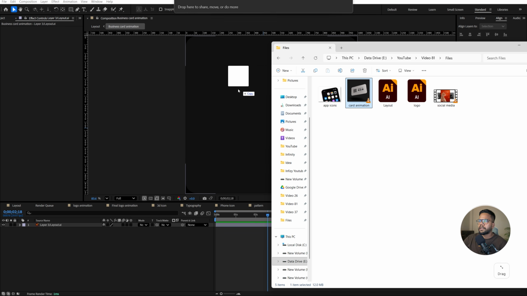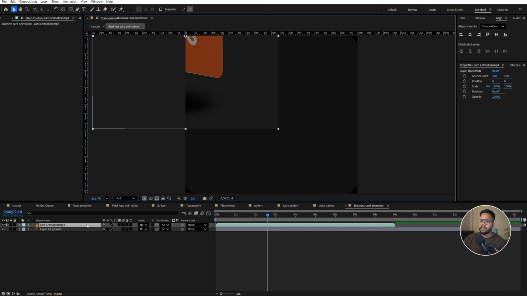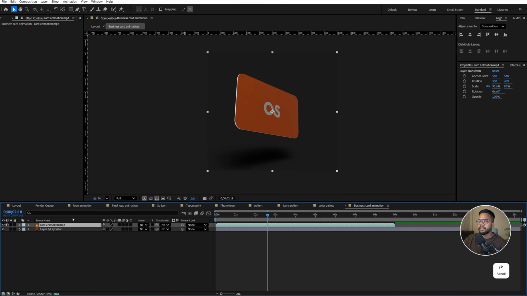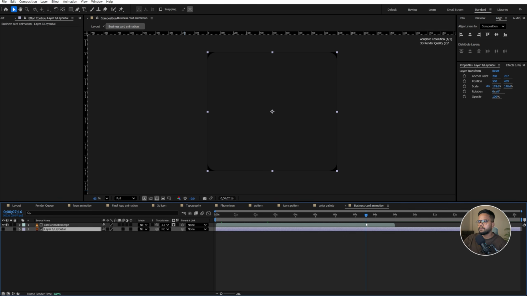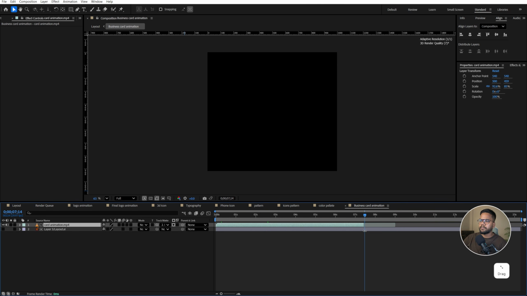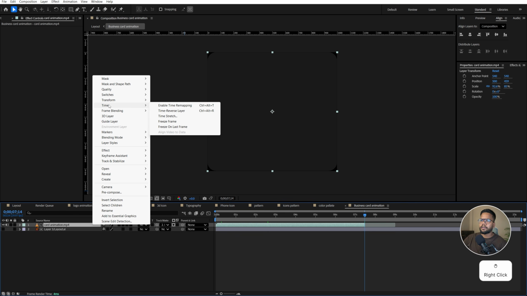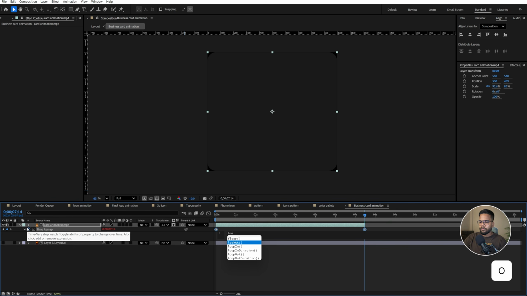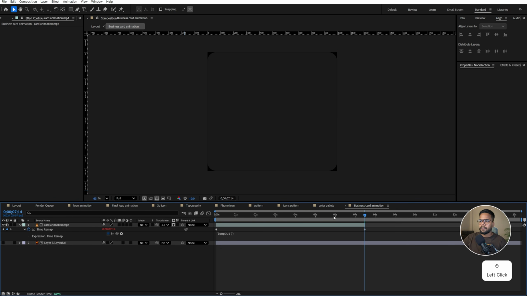Select the video and drag and drop into the composition and right click, transform and fit to comp. Alright, now select this card animation and mask it with this layer. So this is ending here and we will create the loop of this animation. So trim this and right click, time and click onto this enable time remapping and add the keyframe and delete this end keyframe and hold Alt, click onto this again and type loop out, open bracket, close bracket and expand